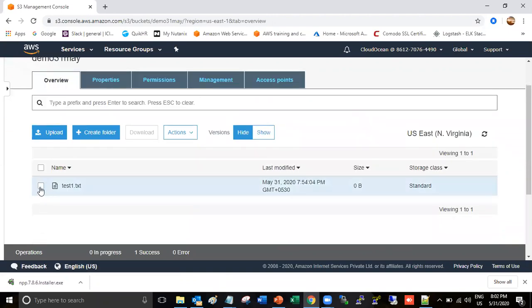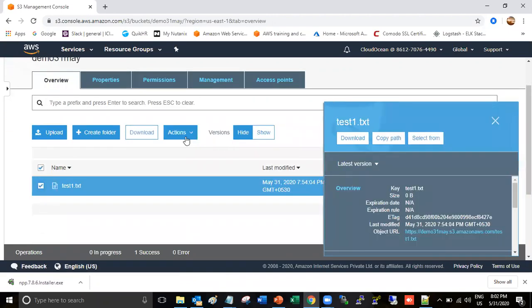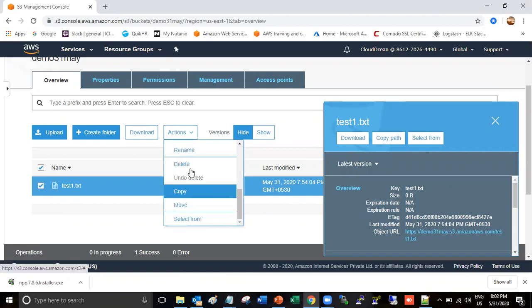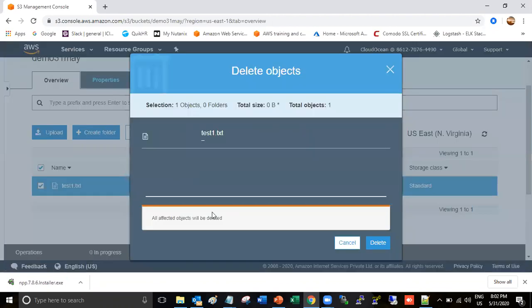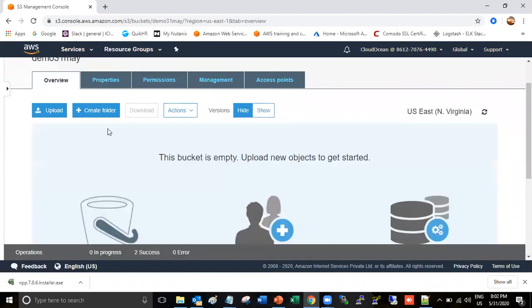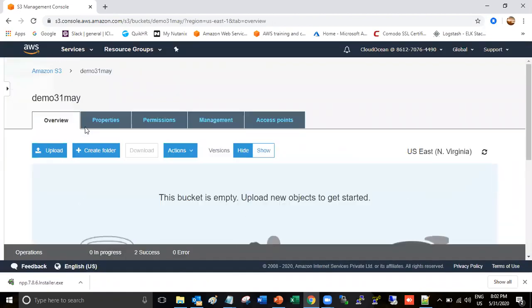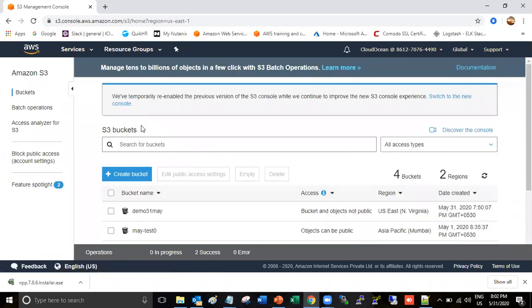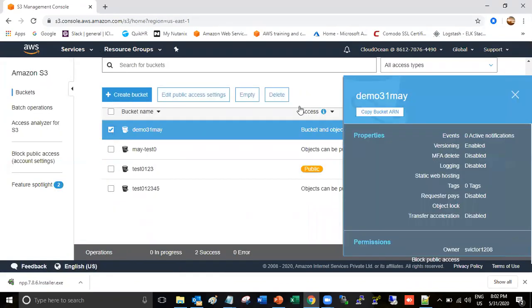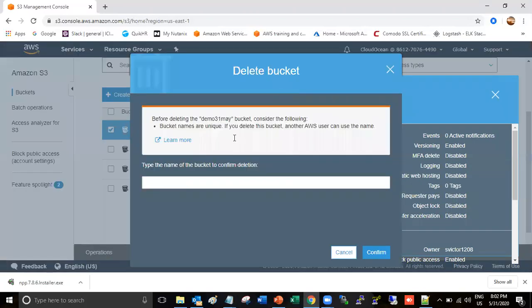If you want to delete your file, just select it, go to the action menu and delete. Now your bucket is empty. If you want to delete your bucket, just select and delete.